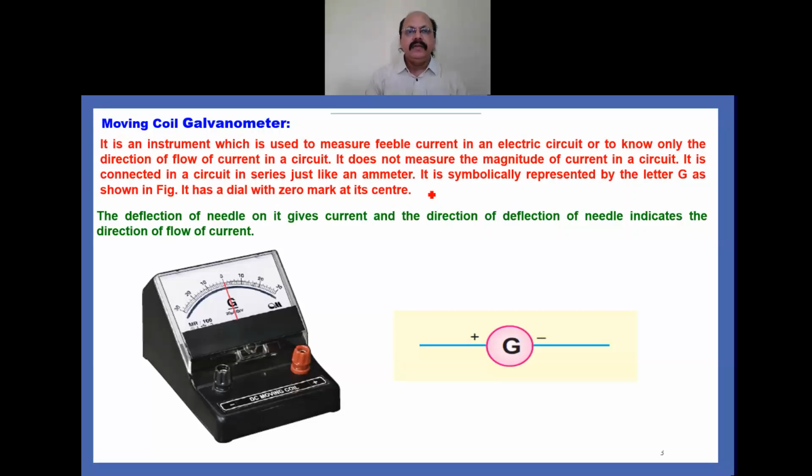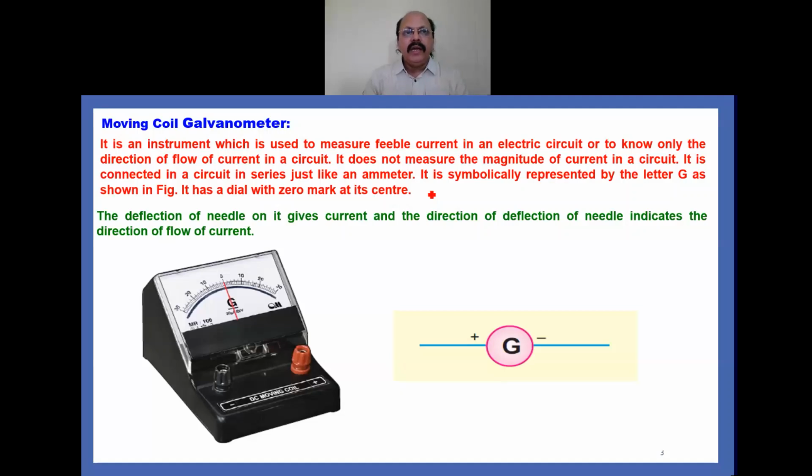So you just see that there are so many moving coil galvanometers, and which one is in your syllabus, that you must know. So this one is in your syllabus. This moving coil galvanometer, which we generally use in our labs, is in your syllabus. So what is that? First you understand. After that we understand its principle, working, construction, and then we find some mathematical expressions. And later on we study its sensitivity.